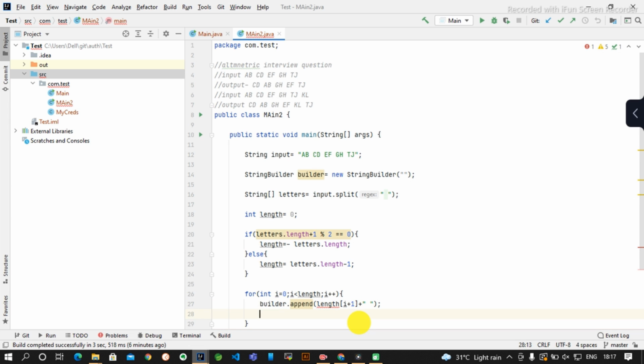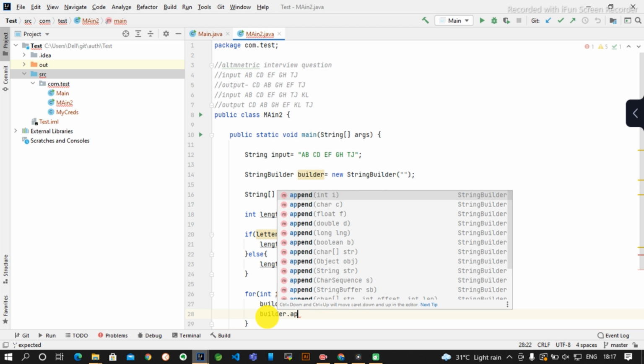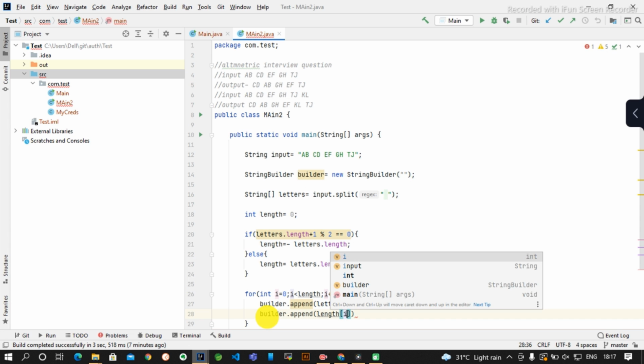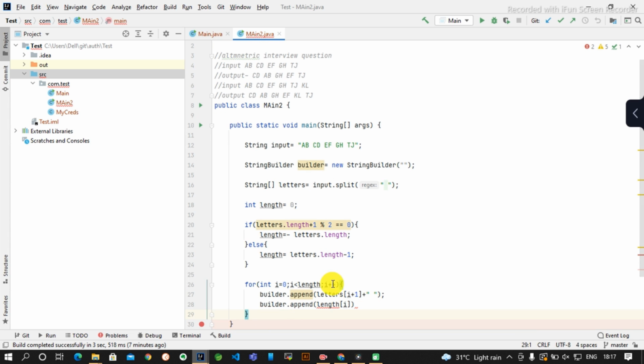Sorry, here I need to put letters. Then I will take the first element. In the first line I have taken the second element of the array. Then I will take the first element, letters i. Here also we will give some space.